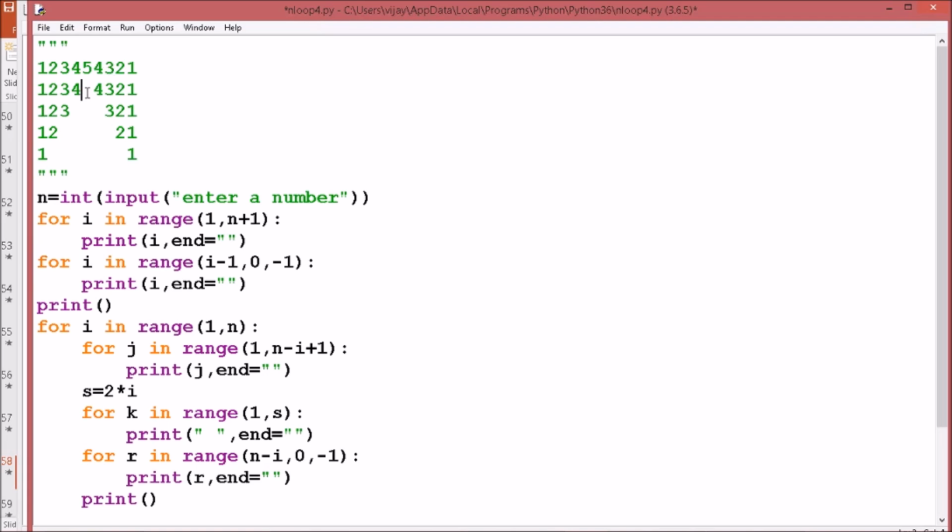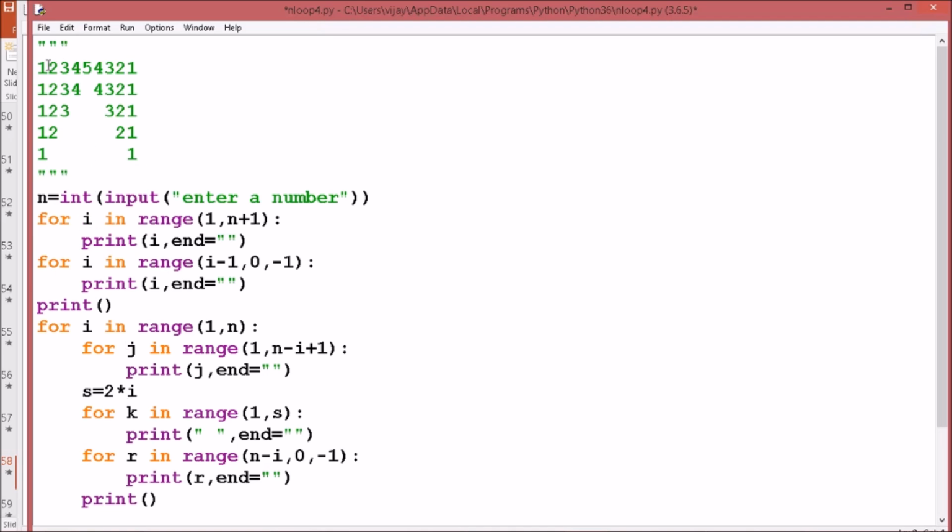We are seeing there is a pattern: 1 space, then 3 spaces, then 5 spaces, then 7 spaces. So whatever is the value of i, we can take 2 star i, and accordingly the spaces will be adjusted.